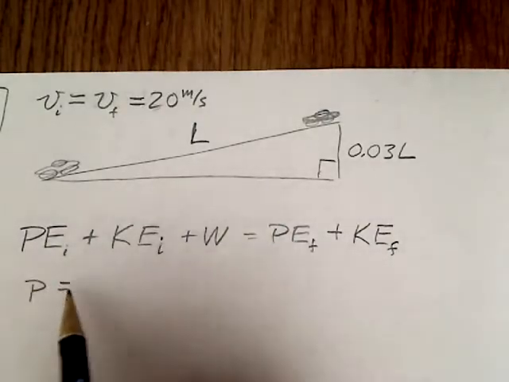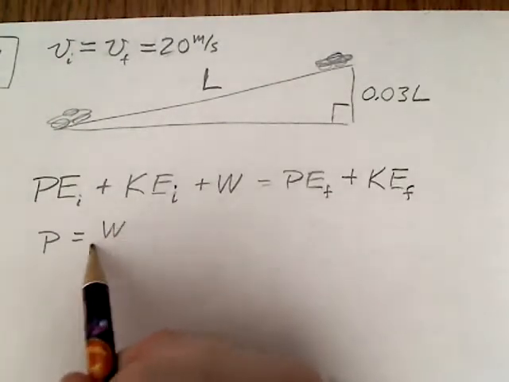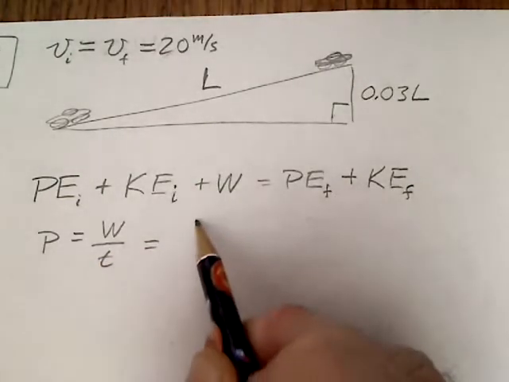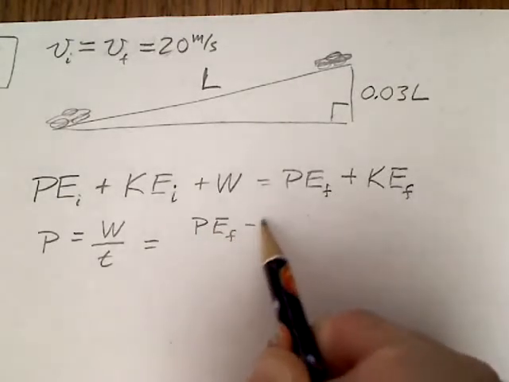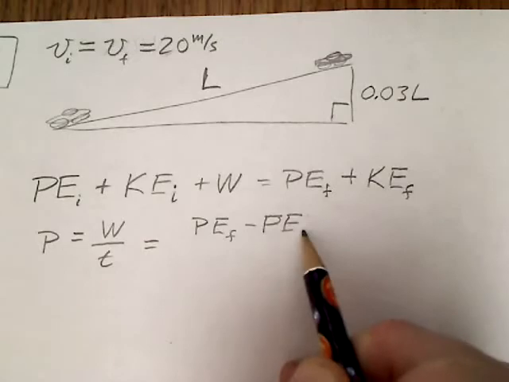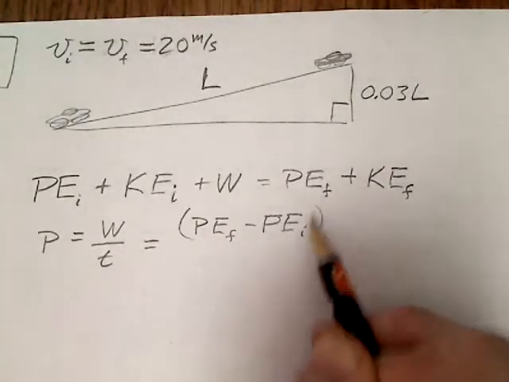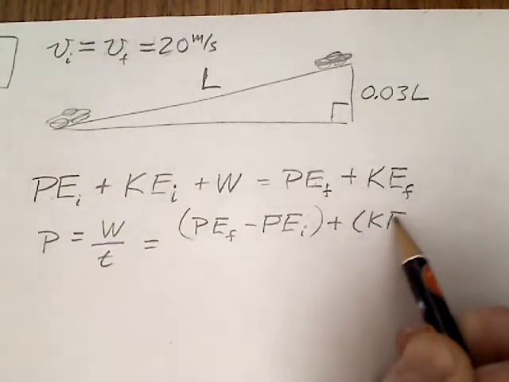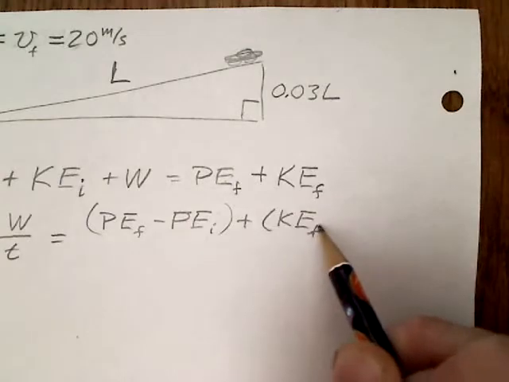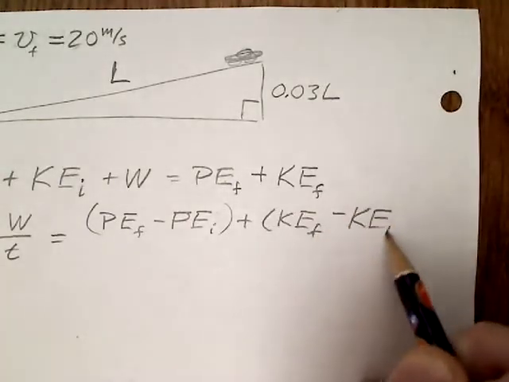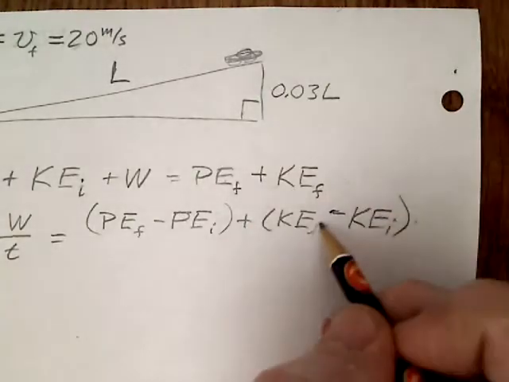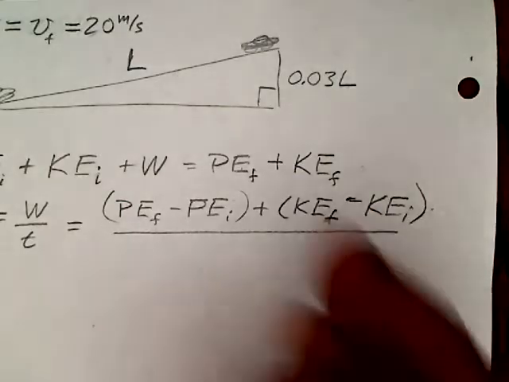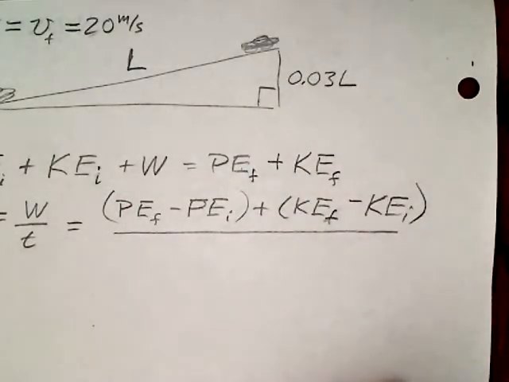What you're asked to find is what the power is equal to. The power is equal to work divided by time. If you solve for work in this problem, you find out that it's the final potential energy minus the initial potential energy, plus the kinetic energy final minus the kinetic energy initially. So it's the change in potential energy plus the change in kinetic energy, or simply the total change in mechanical energy,